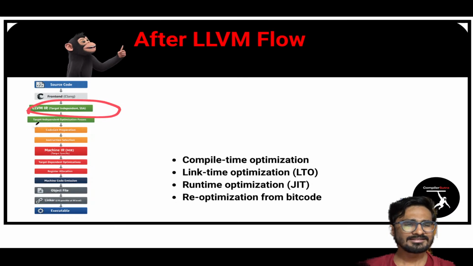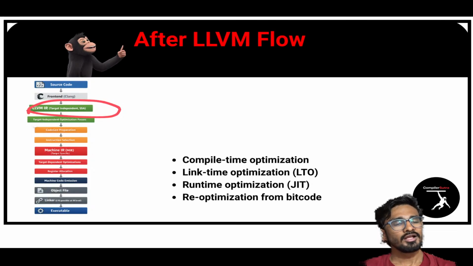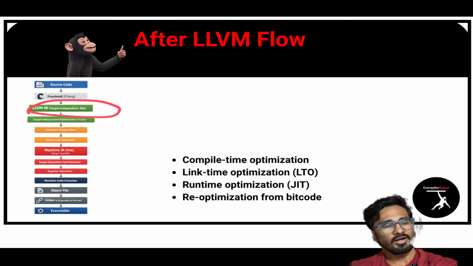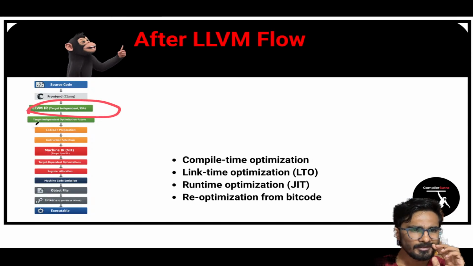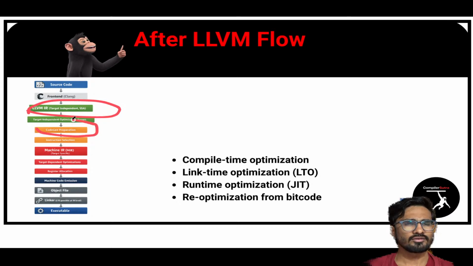But in simple terms, you can understand target independent optimization like this: let us suppose you have some hardware. There may be some hardware related features which different hardware may support but not yours, so you can't implement all the optimizations on all hardware. So whatever optimizations are independent of the hardware, only dependent on the source code, we keep in target independent.